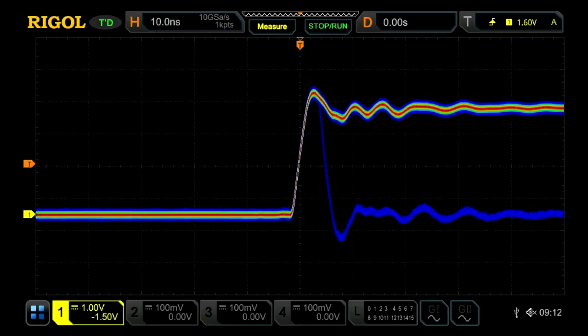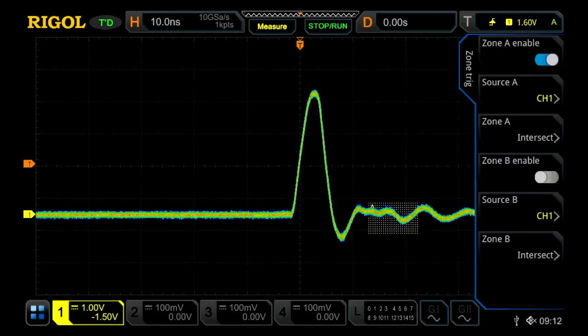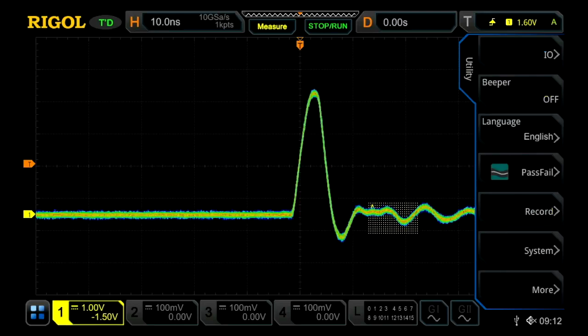But we really want to see how that works together and what the timing and the nature of that signal are. So one thing we can do here is really isolate that signal. And let's do that with the zone trigger. So now we're capturing only triggers that are happening when, after that edge, it drops down immediately. So that gives us just those failures. We can separate them. And now we can go into the record mode